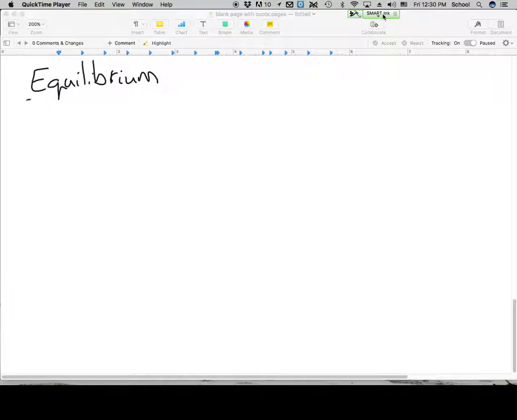Okay, equilibrium again means balance. And normally we were talking about balance of forces and things like that when we talked about statics. But now we're going to talk about equilibrium of torques. And so equilibrium again just means balance. So equilibrium of torques means our torques are equal in all directions. So again, since a torque causes a rotation,